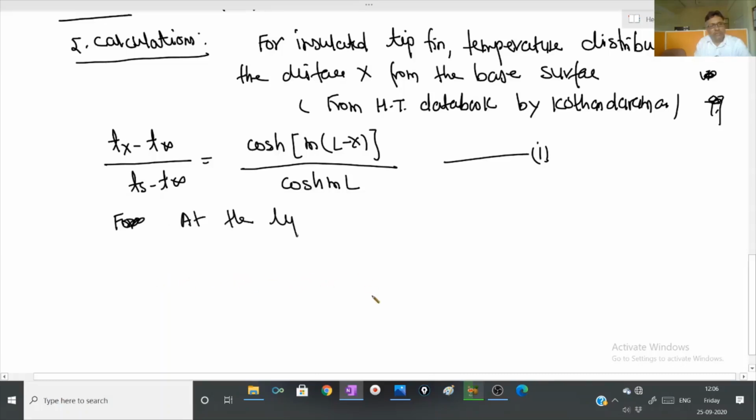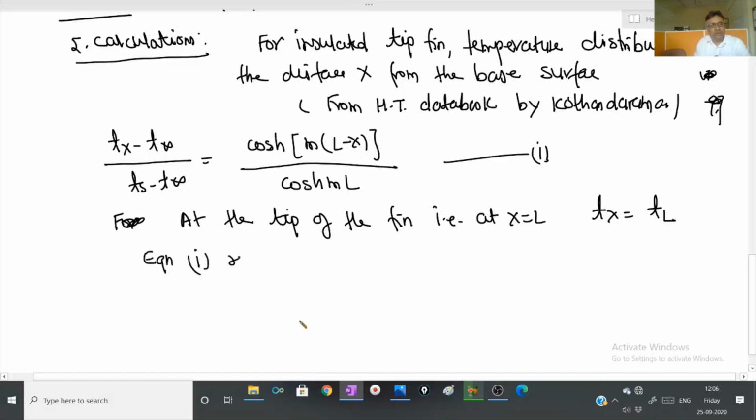At the tip of the fin, that is at x = L, T(x) will become T_L. So equation 1 will reduce to